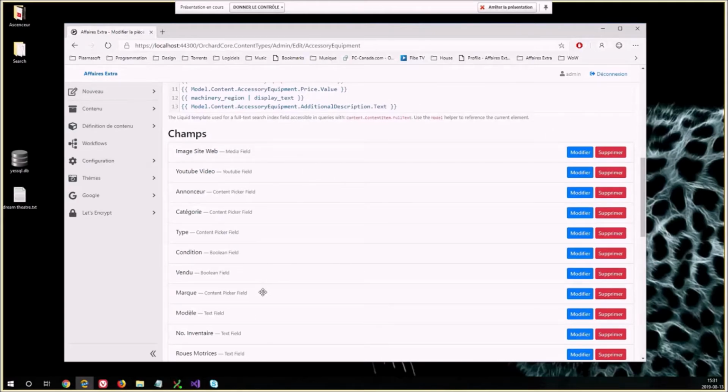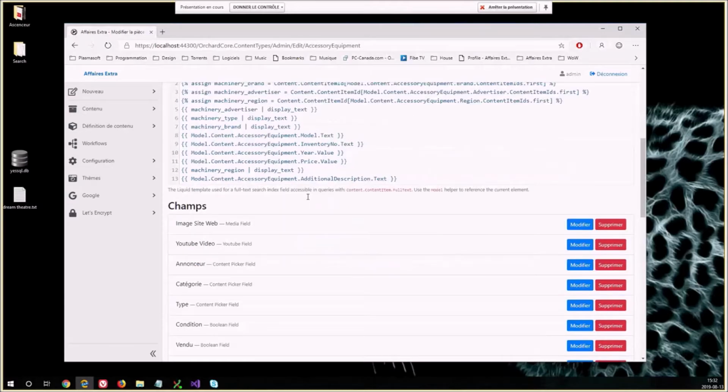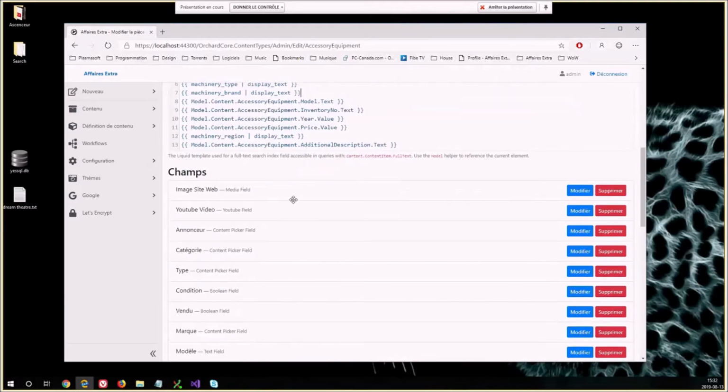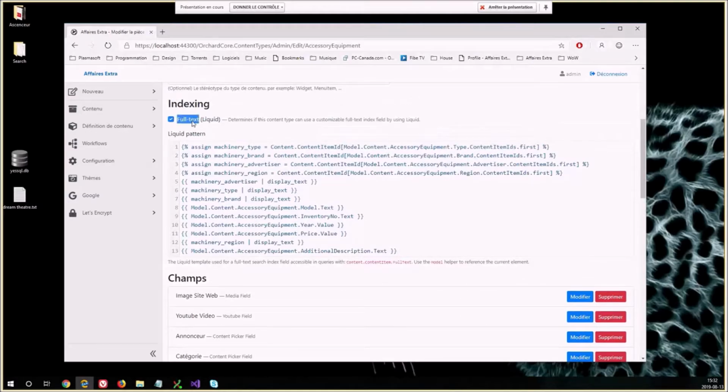So what I need to do is to find the display text value of, for example, an advertiser or a brand or a type. So I want to be able to search for these values. Instead of using every field and setting a different index, I decided to do a single field in Lucene, which is called full text.